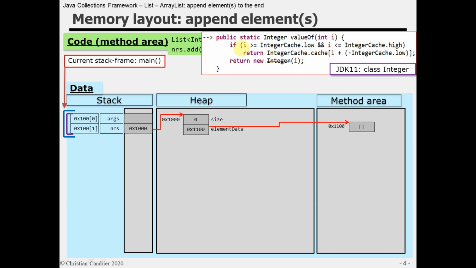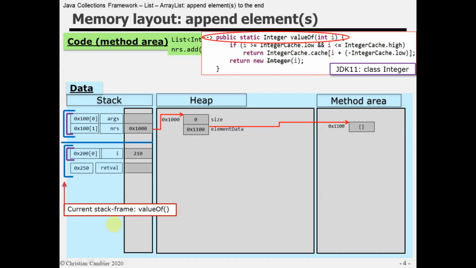Well, let's set up the stack frame. So this is a static method. So my current stack frame becomes the value of method. There's no this pointer because it's a static method. So my first variable in the local variable array is this parameter I, which represents the constant 210 we want to add. In the value of methods, then a test is carried out to see if the value of the